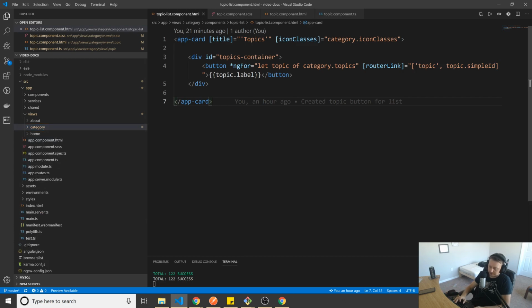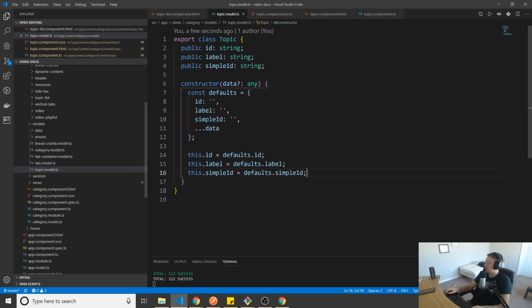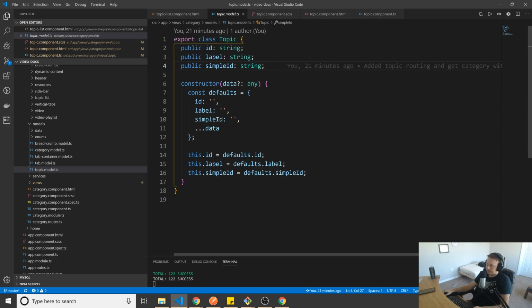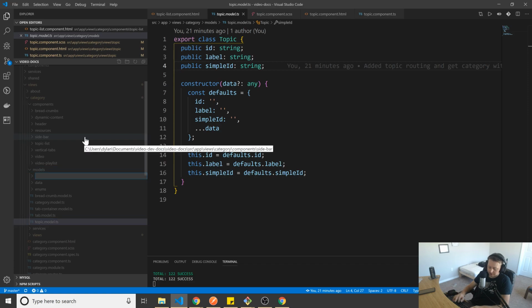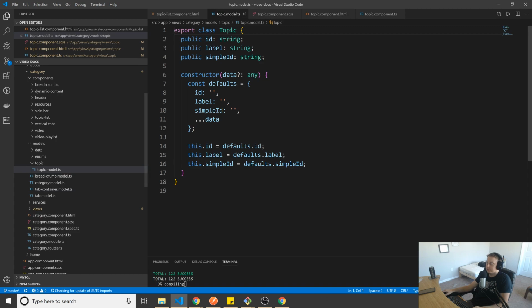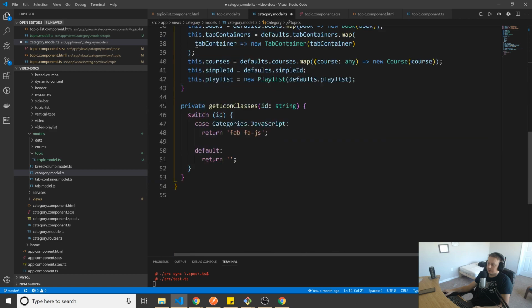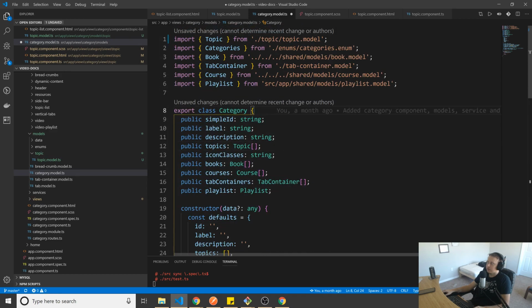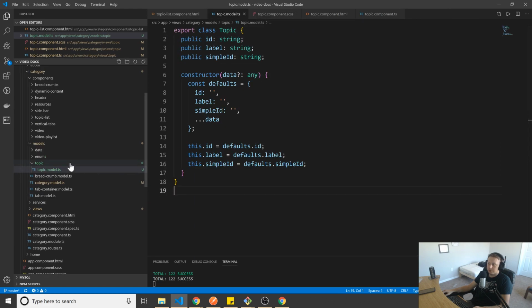So where is our topic model.ts? Let's create a new folder here. We're going to call it topic, and we're going to move topic model into here. Cool. All right, so that should be fine. The reason we're moving in here is I'm going to create a